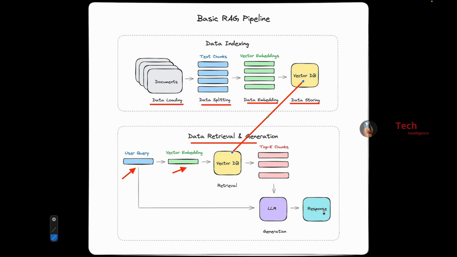So basically it has two steps. One is the data indexing phase where we give all the required documents to the vector database. The second step, when a user requests a query, the query is then converted into the vector embedded format, and then it searches the vector database, and then the top chunks are returned and fed to the LLM. The LLM creates a smart and correct answer for the user as a response.